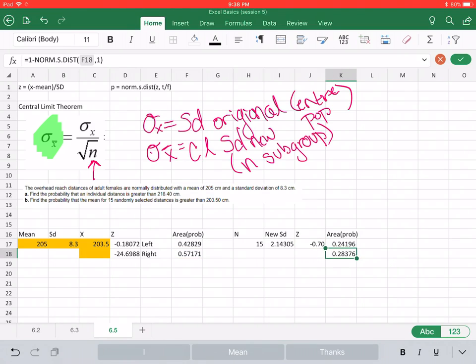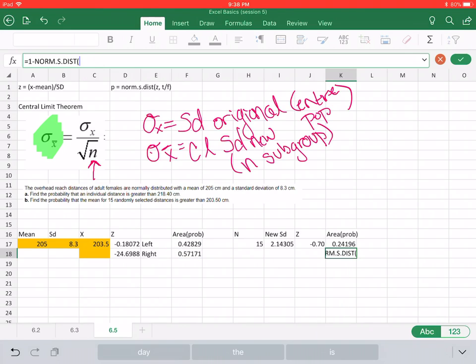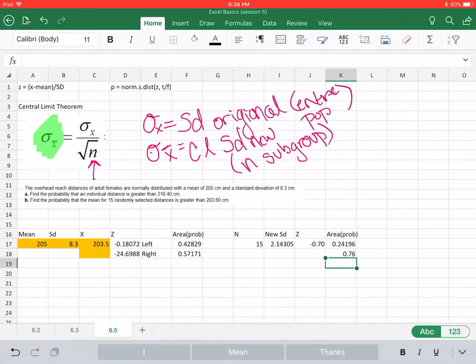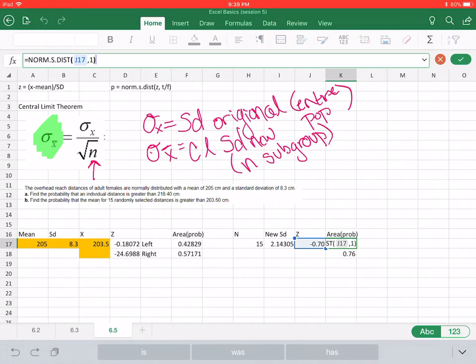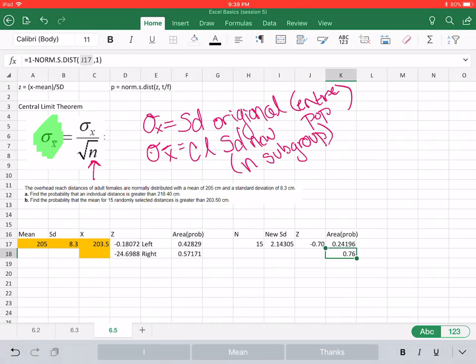Oh, see, that was my fault. I clicked the wrong thing. Go ahead and fix that. The z, comma 1. And then I might have clicked the wrong thing here too. Nope, we're good. So that is the area of probability for the right or the left. So in this case, it's asking for greater than. So again, we're going to use the right because we want it to be above the x